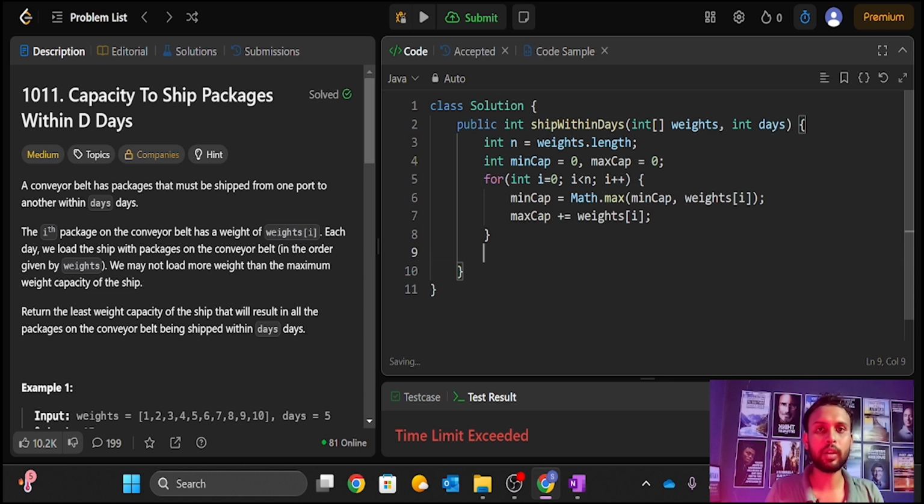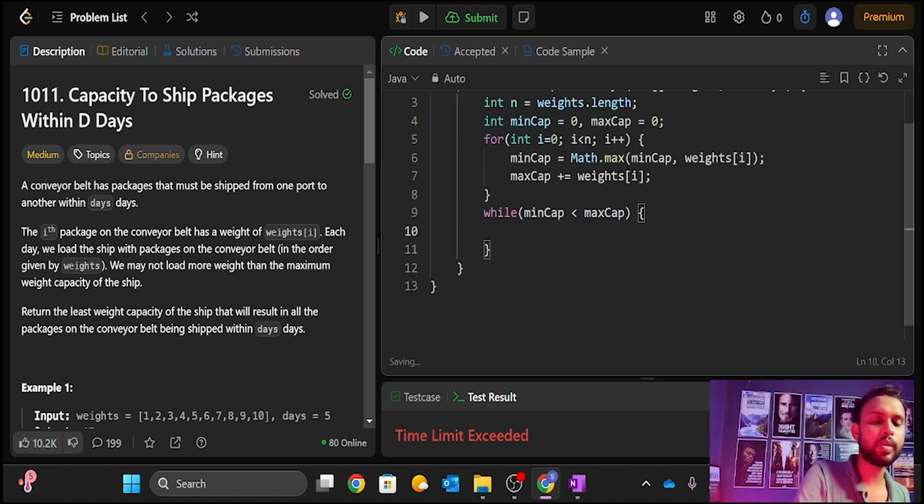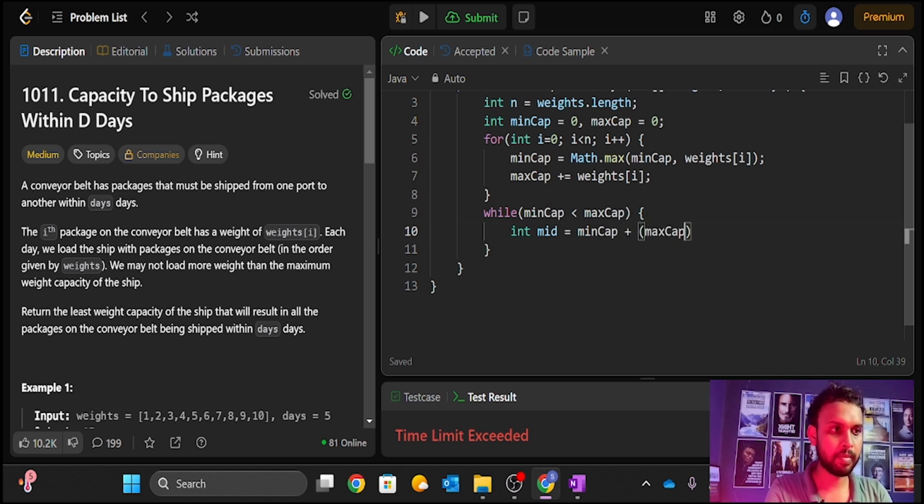After that I need to run my while loop, like the binary search. This while loop, I have already explained why the condition over here should be less than, right? After that, what we need to do is, we will find mid, and mid equals start plus, min cap plus max cap minus min cap